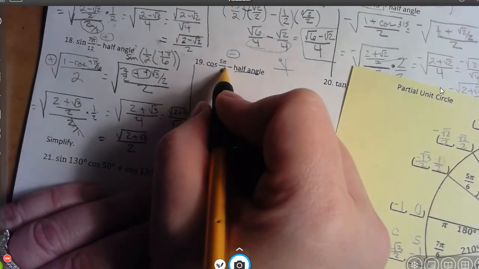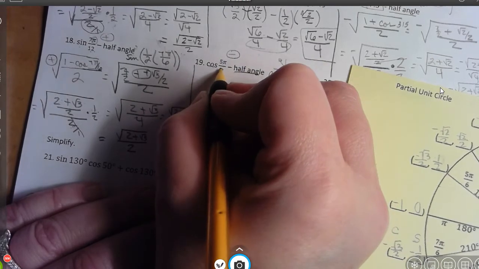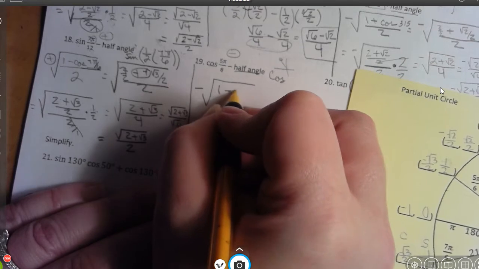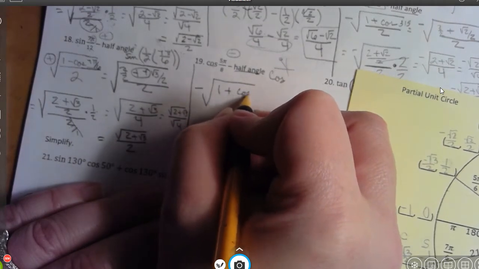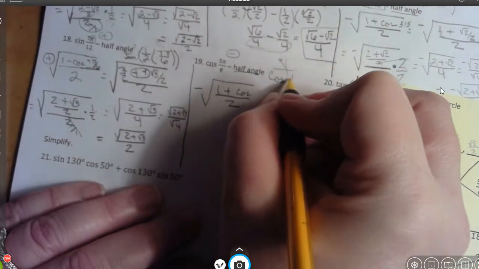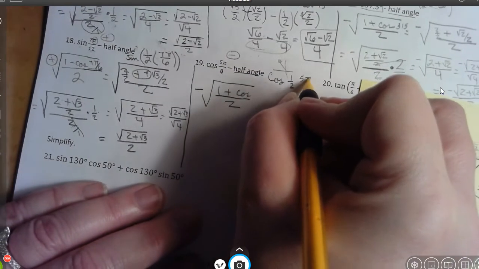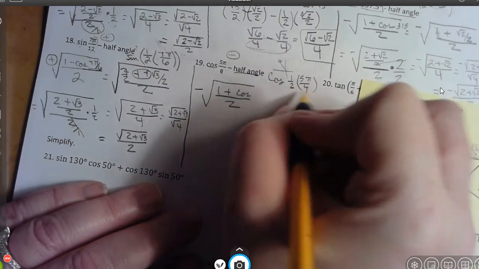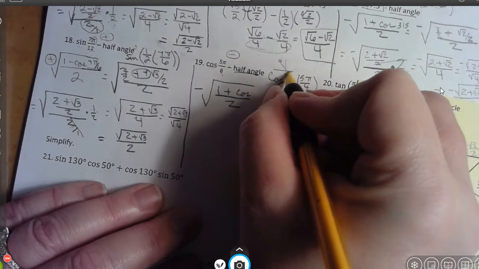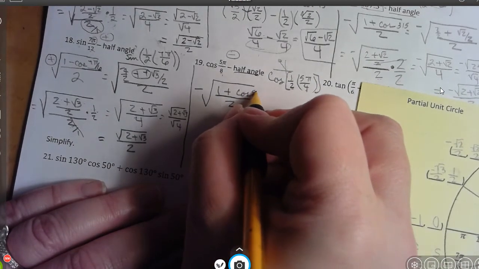Half angle. I'm going to do this one right this time. So we do cosine, and this is going to be negative because we found out it was in the second quadrant. Negative big root 1 minus, or 1 plus, excuse me, because it's cosine, of something all over 2. Well, I'm going to take half, and what I would take half of is 5 pi over 4. You cut that bottom number in half, because if we multiply these, we're back to the 8 again. Okay? So it's cosine of this. So this is 5 pi over 4